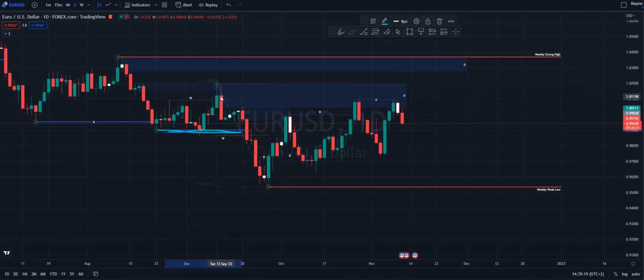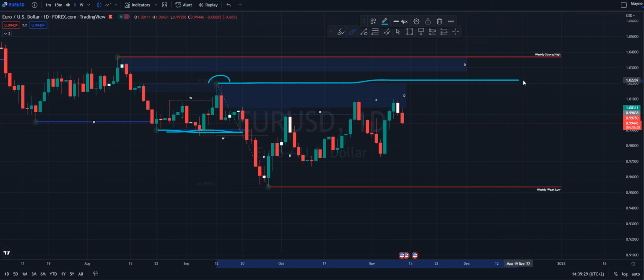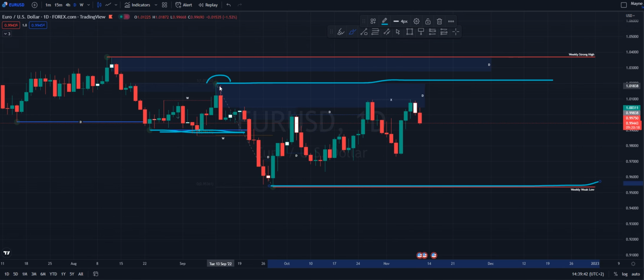structure. The highest point that caused this break of structure is this point over here, and I'm looking for this range to be protected within here and here. Now we've mapped the swing range, so we need to also map the premium and discount of the daily range, and we can see from this that price has already crossed the 50% point of the premium and discount of the daily range,